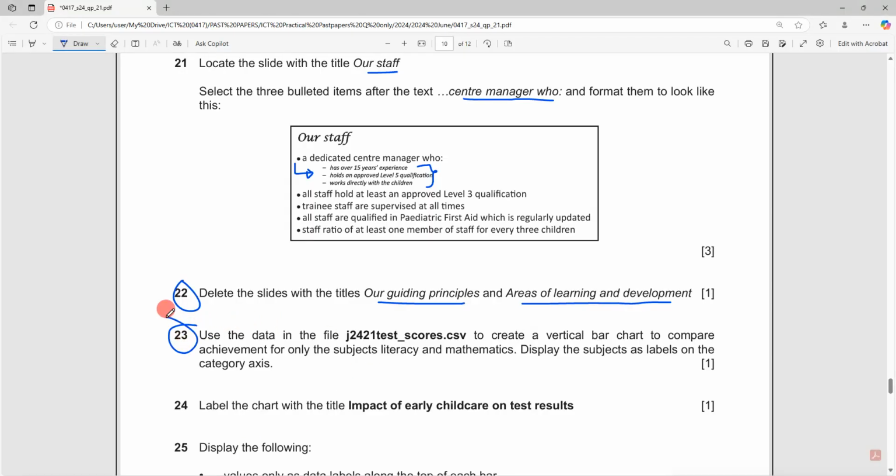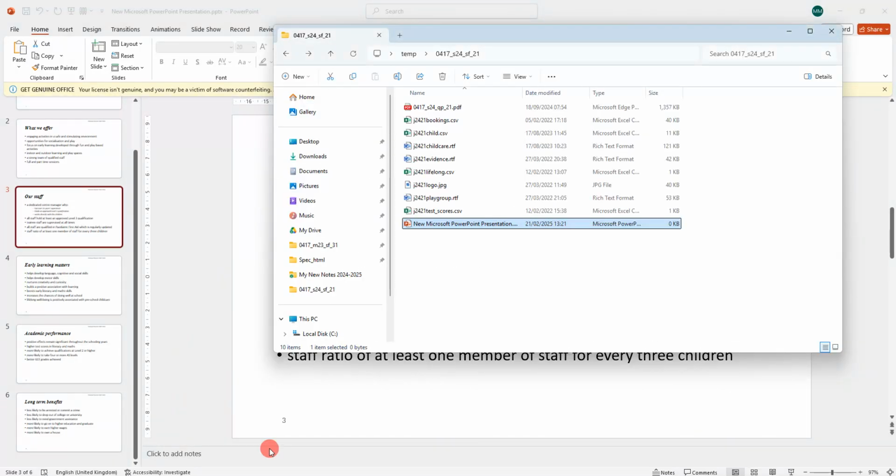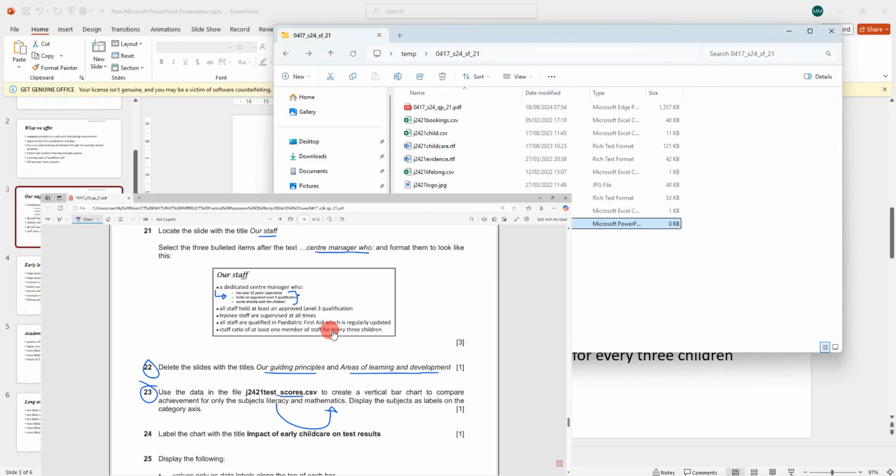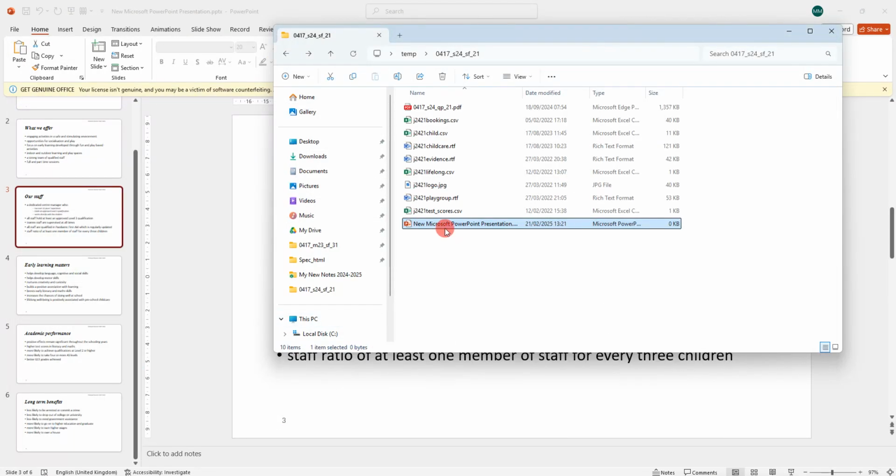Okay. 23, we use the data in this file to create a vertical bar to compare the achievement for only the subject literacy and mathematics. So we need to open this file first and then create the chart. And the file name is scores. So let's find the file scores,